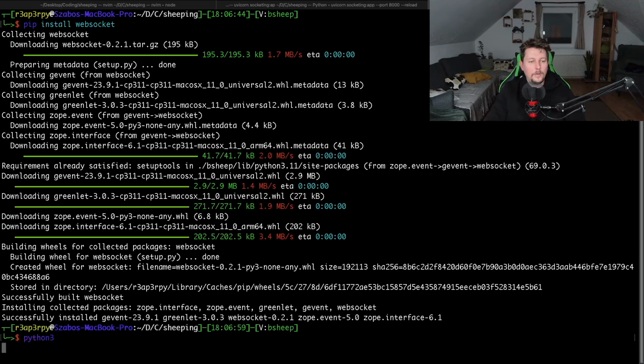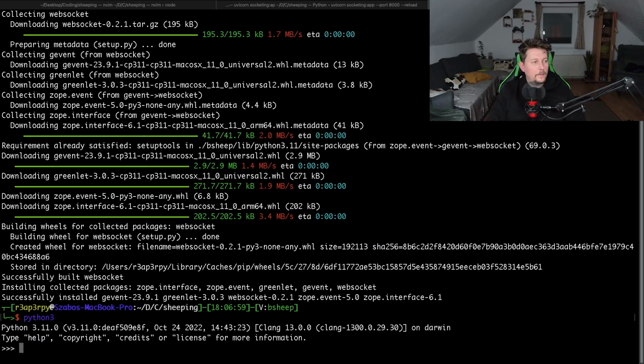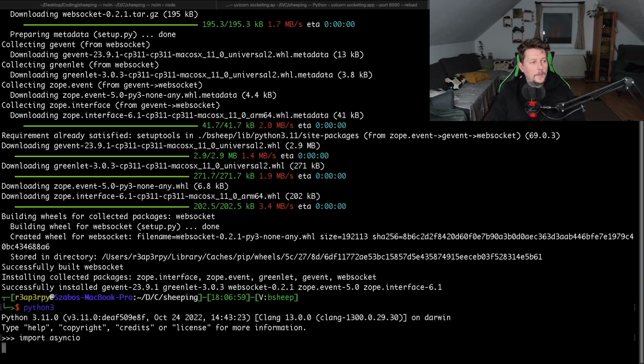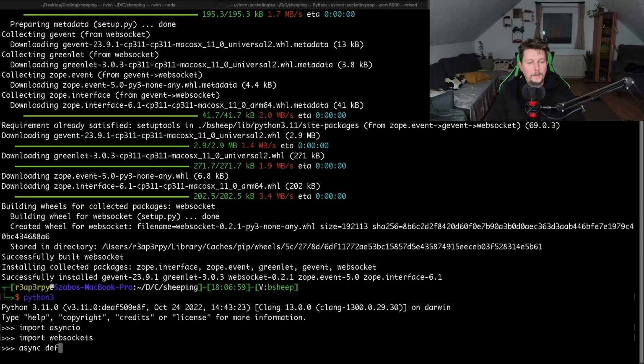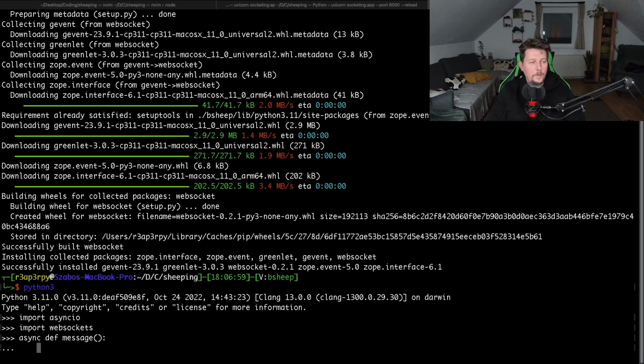And now we can go to the shell and we have to import asyncio and basically import the websockets module, and the async def message should be our function, and we have the async with websockets.connect, and we use the ws protocol on the 127.0.0.1:8000/ws as socket,